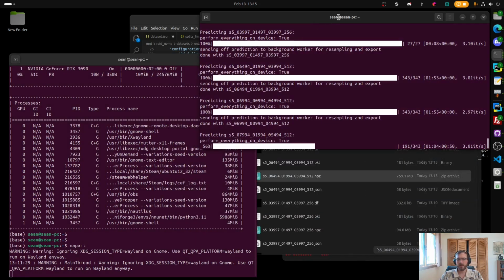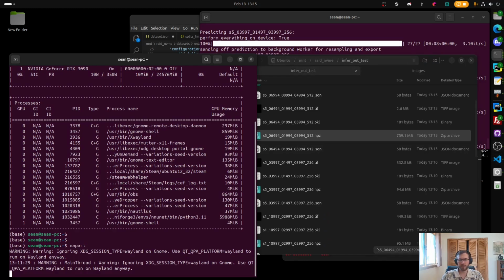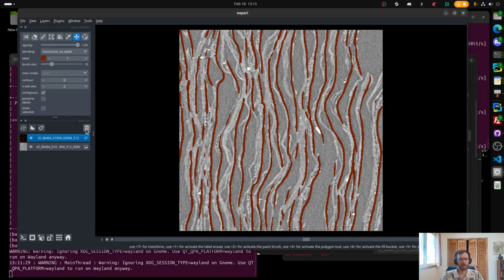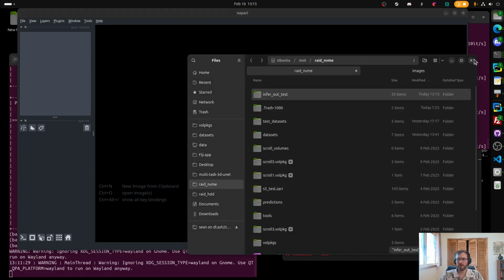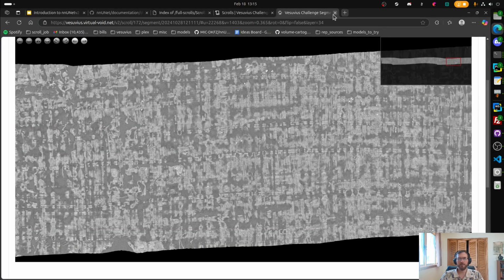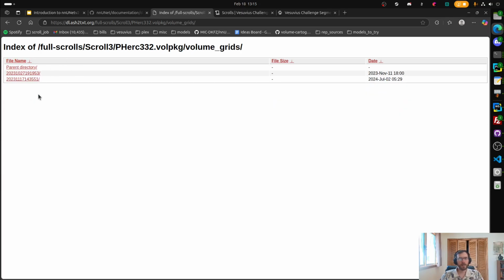Let's see, if we wanted to do a large volume, the way I do that is a little bit different. So if you wanted to run inference on a whole scroll, you could just download the grids by default, the grids that are in the scroll volume package here. The issue with that, though, is when you go to recombine them, you'll have edge artifacts where you replace your